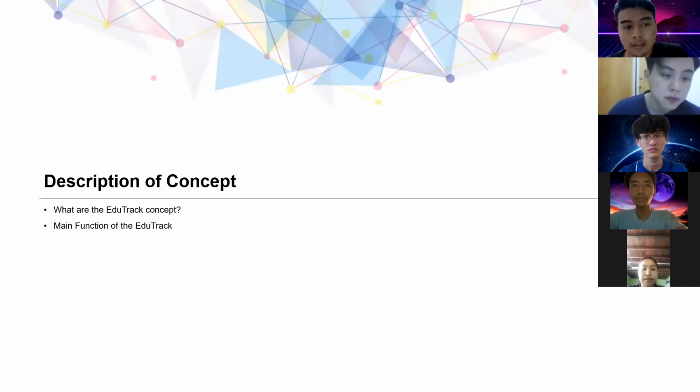So the first one is the EduTrack concept. In order to solve the problem of how parents can track their children's homework, and what is the better way for school children to learn during this COVID-19 pandemic, we have designed an application called EduTrack, which could help to solve the problem and bring a lot of benefit to the people involved.